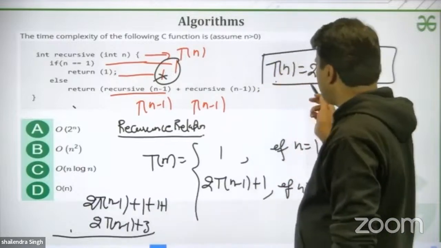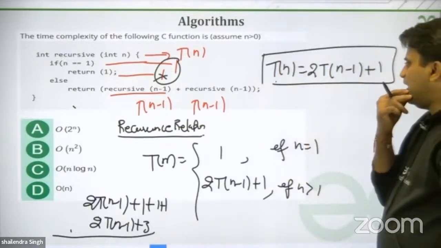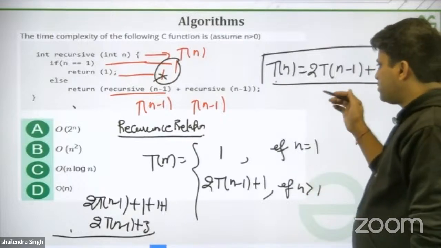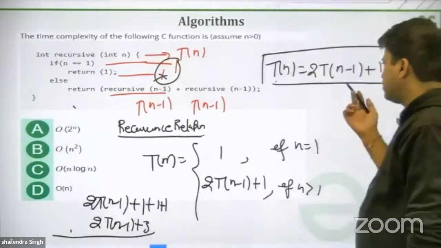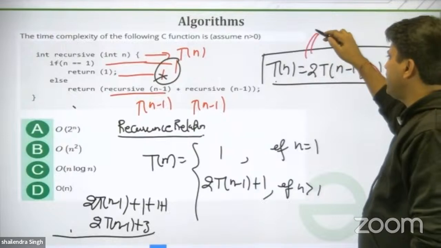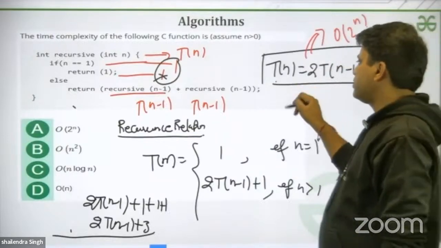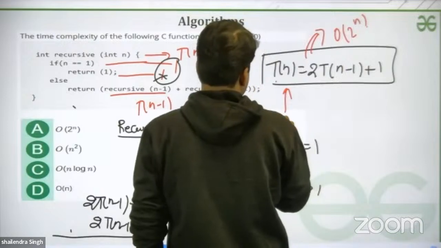So dear student, you can apply substitution method as well as masters for decreasing function. The solution of this recurrence relation many times you people must have done, order of 2 to the power n. If you apply masters on this, masters for decreasing function,